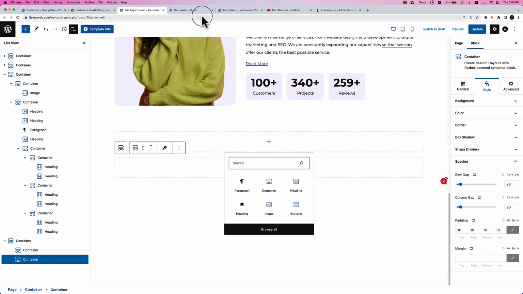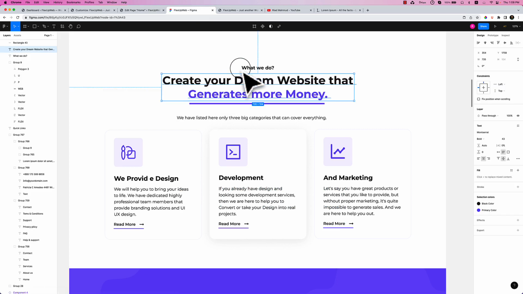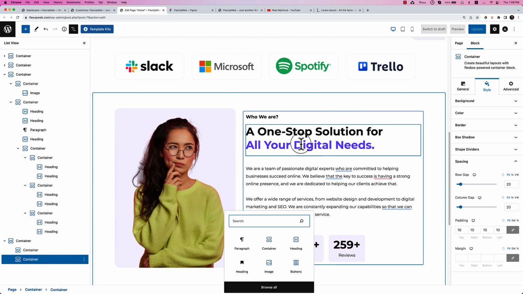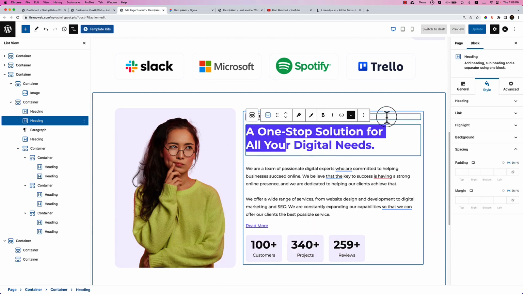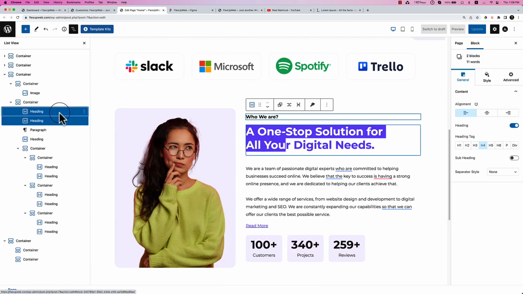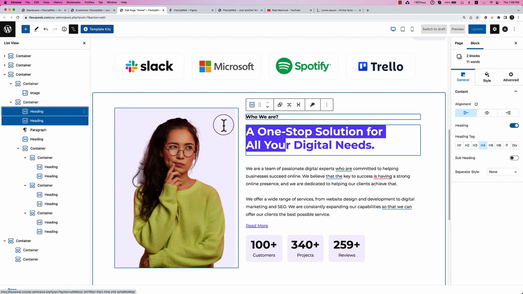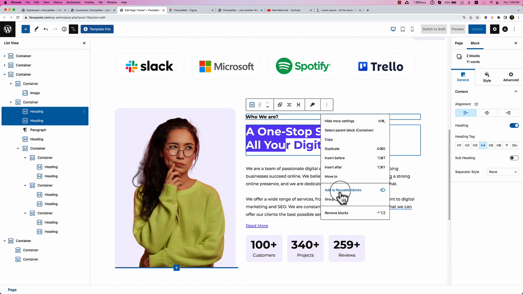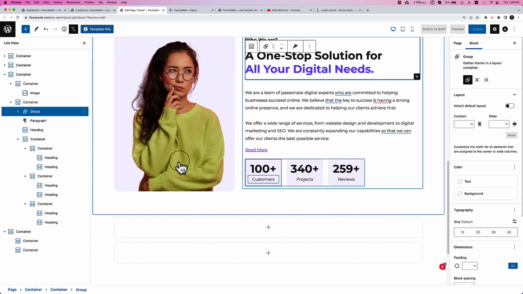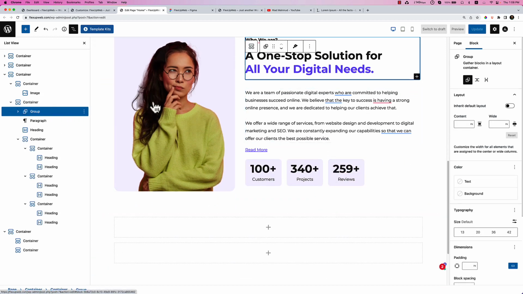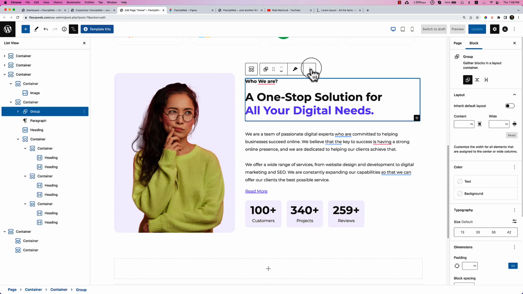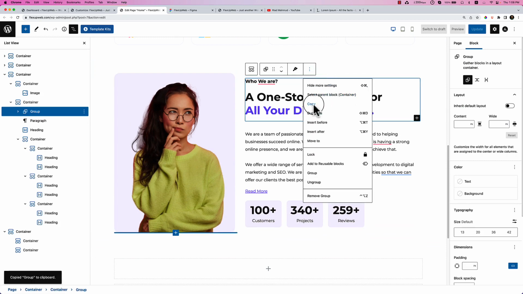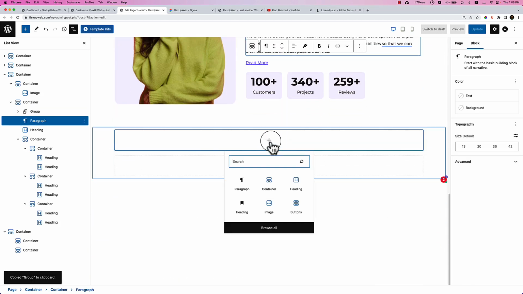Inside this container, what I can do is copy the text from here, or I can group this text. I can group this heading for future use. Let's see if, yes, there is an option that we can group easily. So we can copy the group from here, paste it here,